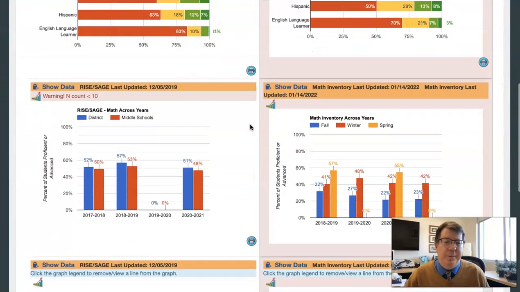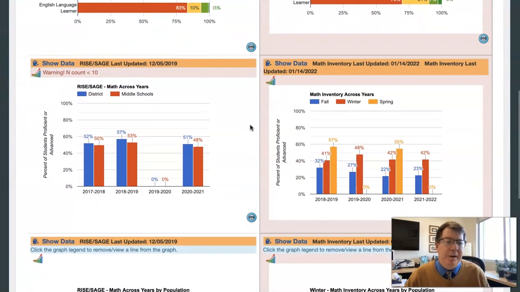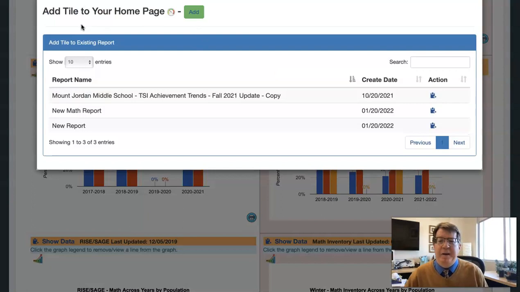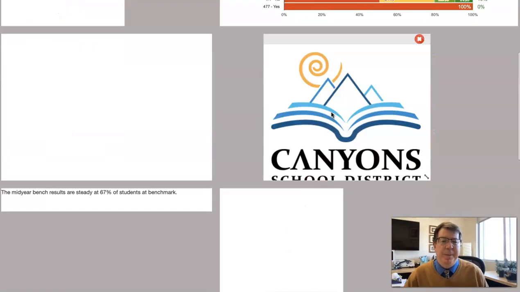It's kind of hot off the press there, and you can see where I'm at, and you can see here is that blue clipboard. So I'm looking at math inventory over time, just at the aggregate level for my school. I can click add, and it shows where do you want to add. Do you want to put it to your home screen? Well, that's going to be tempting to go, but you're going to go into my math report and click the blue clipboard, and then